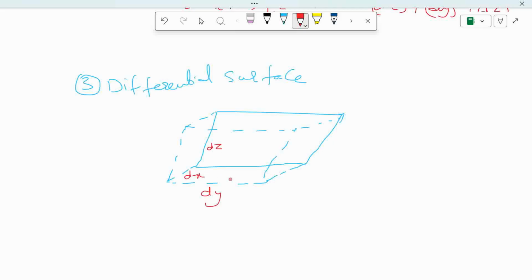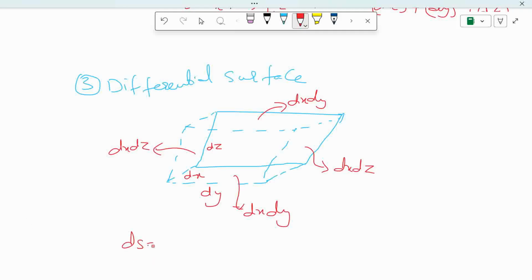So here the surface area of this is dx dy. Similarly, here also it is dx dy, and this one is dx dz. So the differential surface ds can be dx dy based on which side we are considering,